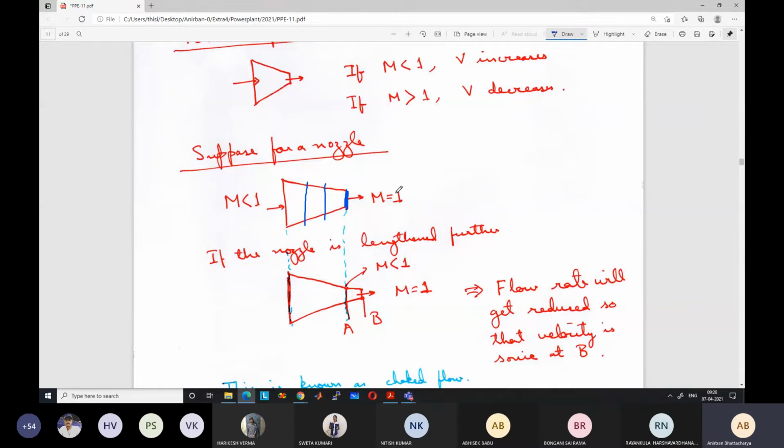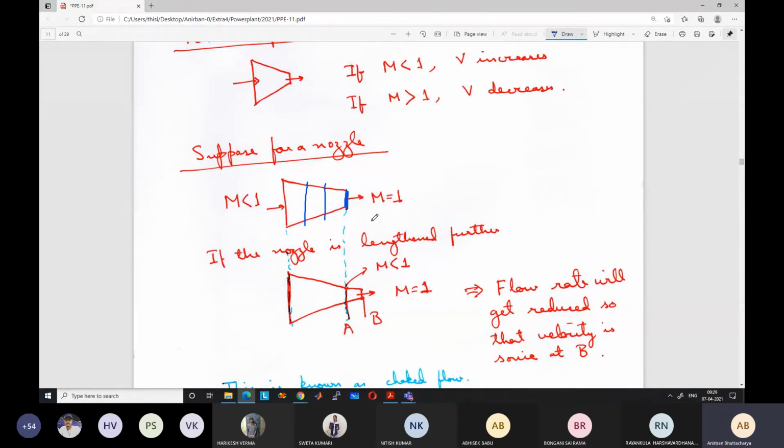After this, if you keep on decreasing the pressure at the outside, say instead of 50 kilopascal, now you have 20 kilopascal. So a 5 times decrease in pressure. Here you had 100 kilopascal, here you have 20 kilopascal. There won't be any change in the nozzle. Once it reaches Mach number 1, that's it. It will remain at Mach number 1 because nothing else is possible. We have already seen that both types of situations are impossible. Even if it is vacuum on this side, the outlet velocity is going to be Mach number 1.